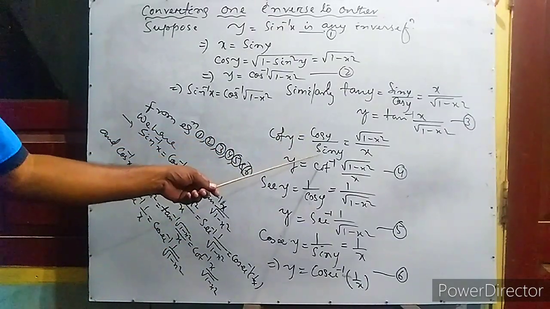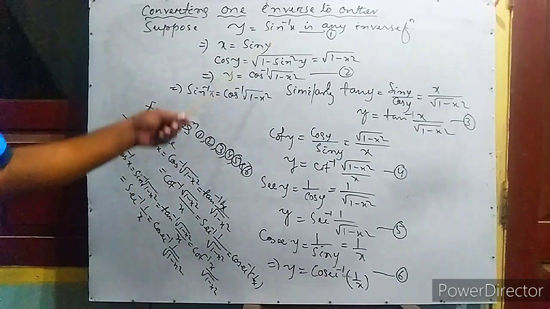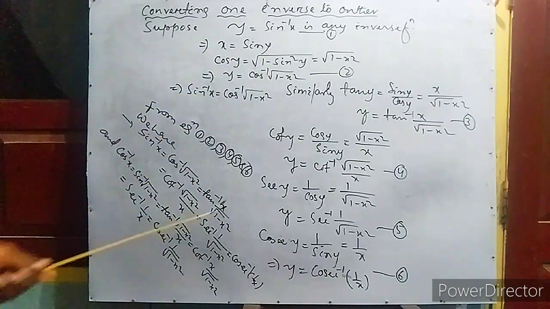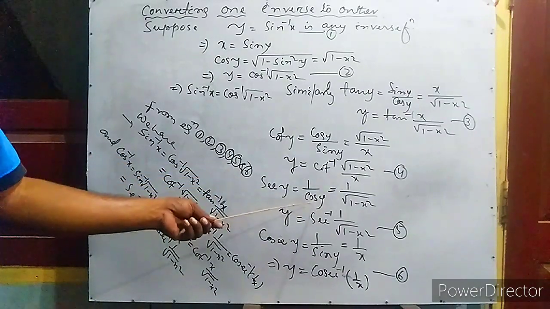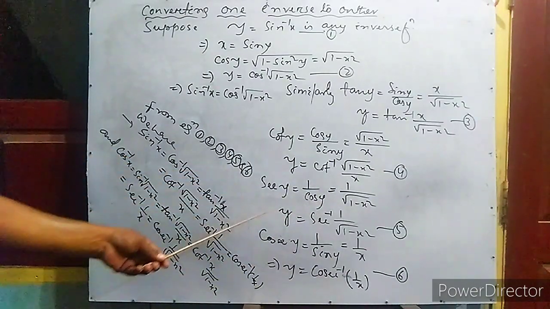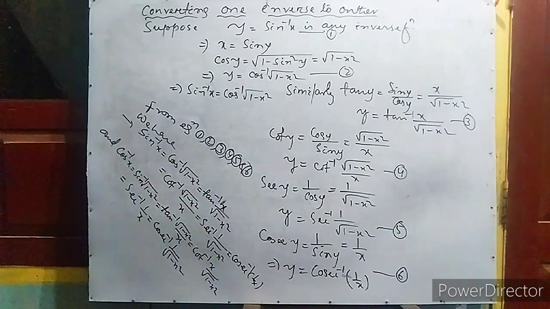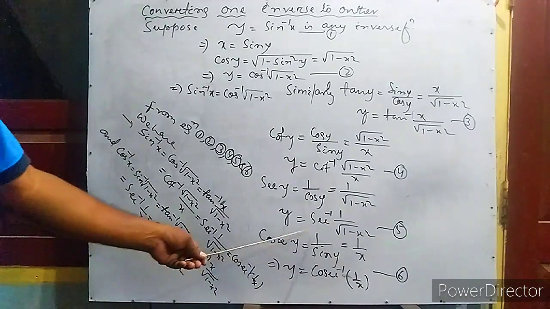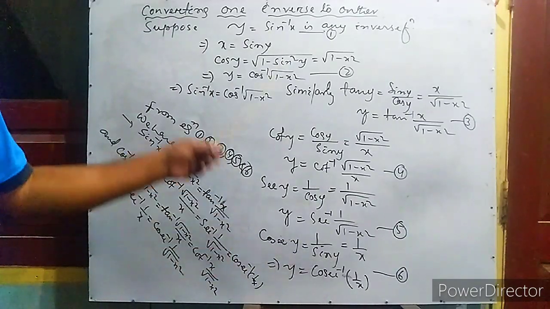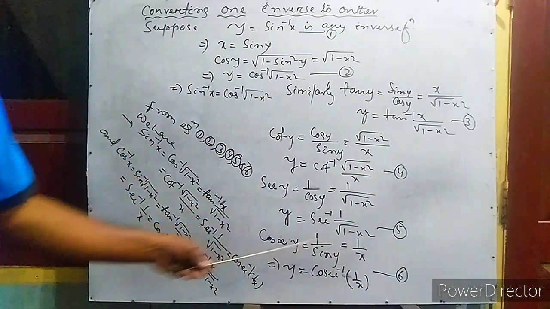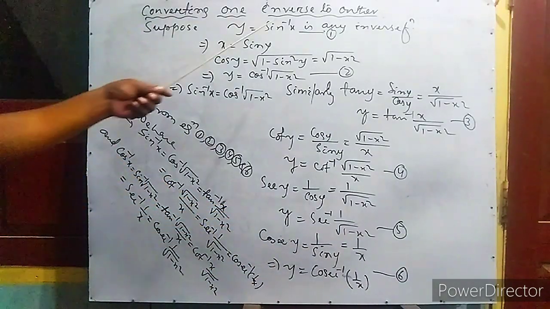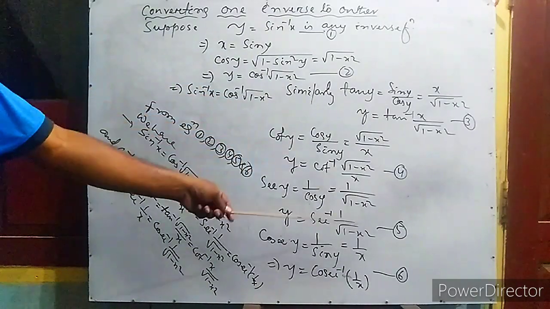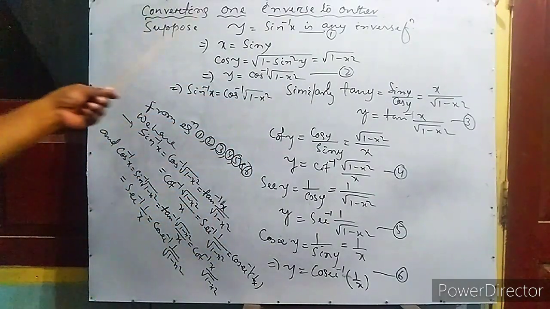Instead of cos and sin you put again these two values which we have already found. Similarly sec y equal to 1 by cos y, so 1 by root over 1 minus x square, and y equal to sec inverse of this. Here cosec y equal to 1 by sin, so instead of sin you put x, then it is 1 by x, and y equal to cosec inverse of this. From equations 1, 2, 3, 4, 5 and 6, all are values of y.